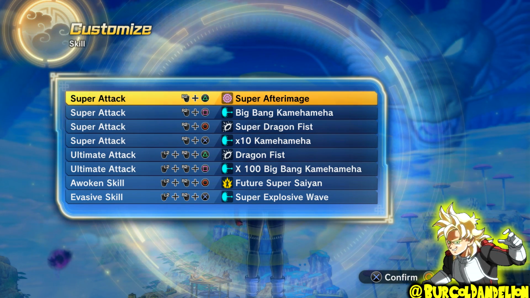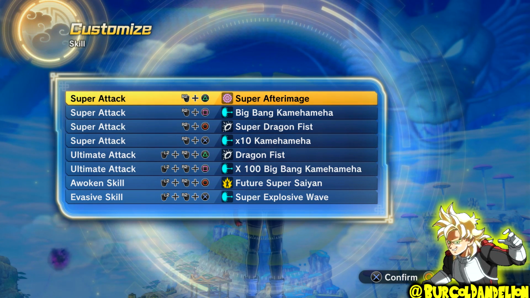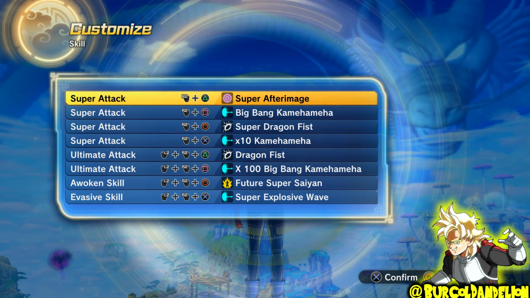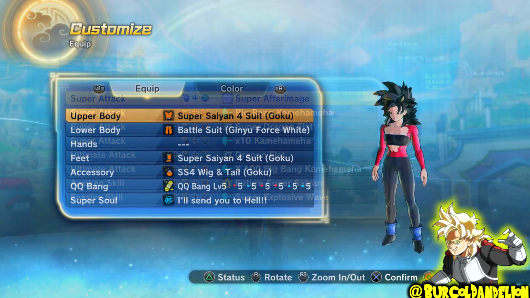So I will be using female Burcol for this with the Super Saiyan 4 outfit, or with most of the outfit, because I did change the pants, as you guys just saw, so that it looks like what female Burcol would look like if she was a Super Saiyan 4. You know, the Super Saiyan 4 outfit, the wig and all that stuff, and I'm using Future Super Saiyan just